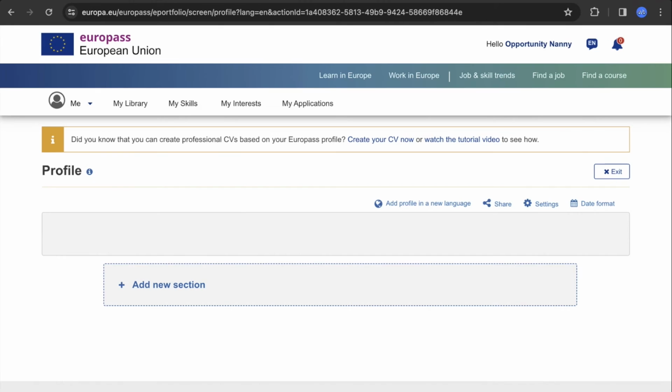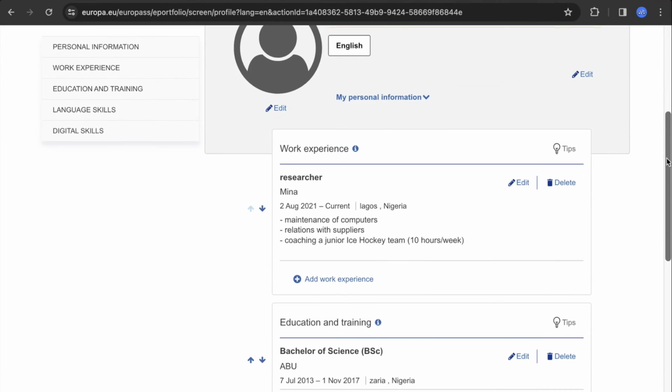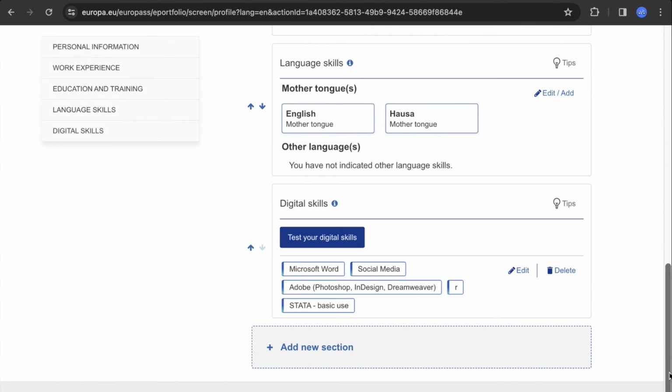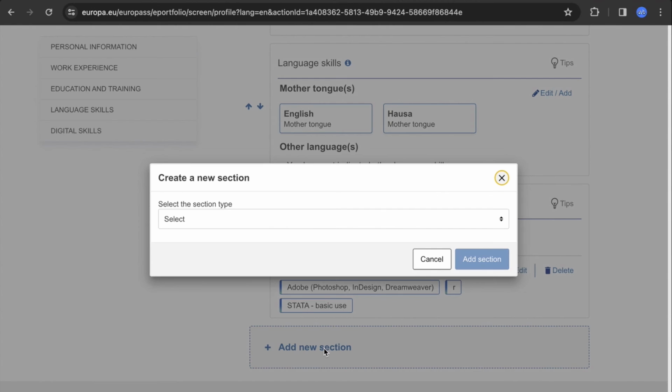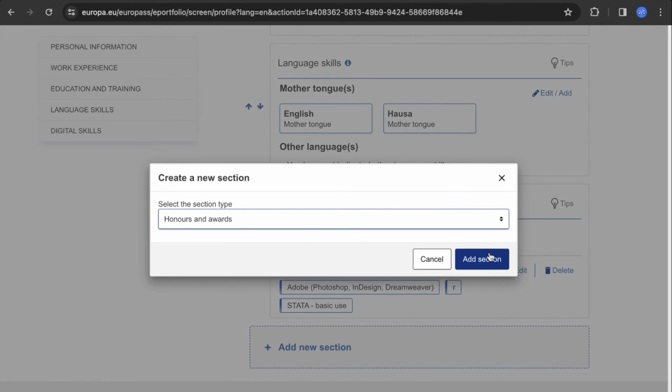Now don't worry guys, if you have any additional things to add, maybe like publication, research and the rest, you can also add sections. I'm going to show you how to add sections, so do not worry about that. So let's say you want to add a new section. Let me say I want to add the section of, okay, there's the one for honors and awards. You can add that section. So if I say let me add section,